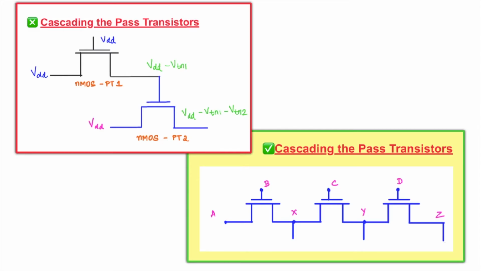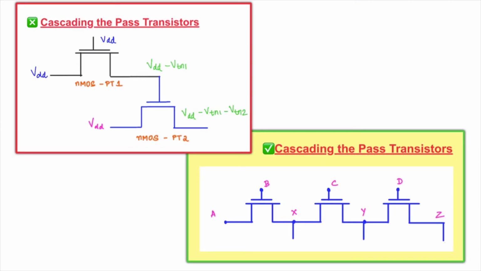Initially we had VDD at the gate, and because of this drop, the output drain is given as input to the second pass transistor. This is going to act as the gate voltage for the second pass transistor, so there is again a voltage drop in the gate voltage itself. That is another drawback of this approach. Therefore, in the correct approach we retain the gate voltages fixed. You can fix this as VDD, and this voltage also as VDD, so that there is no drop in the gate voltage.